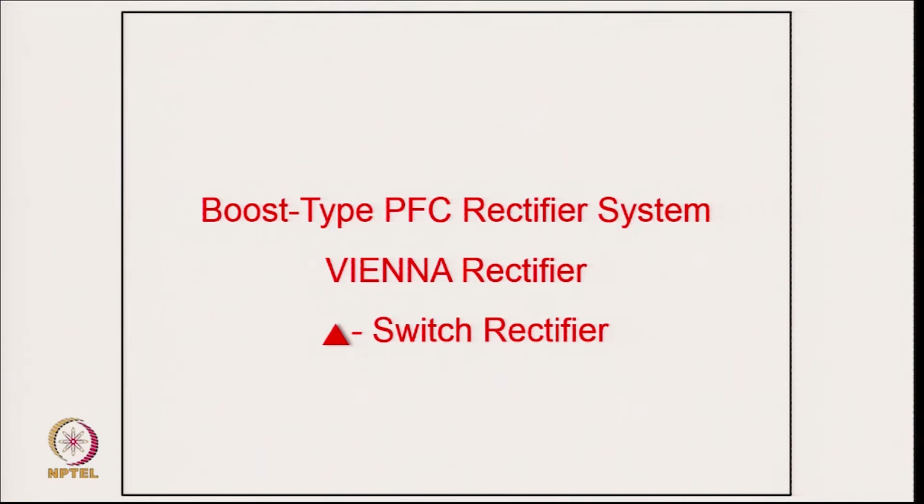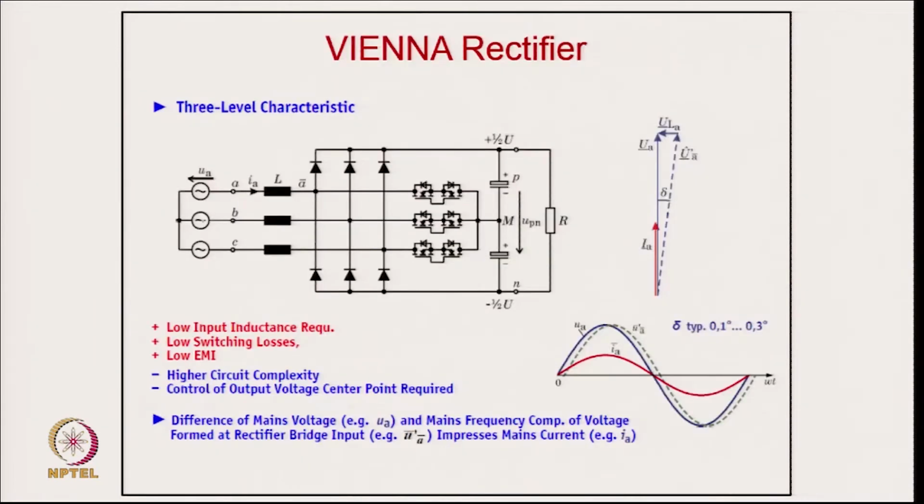Now, coming to the typical boost type power factor correction rectifier, the Vienna converter, also called the delta switch rectifier. This is another version of the Vienna rectifier, where the bidirectional switches are connected here, and by modulating them you can make the 3 currents sinusoidal. In this case you are able to reduce the number of devices, and get the supply current in phase with the supply voltage,